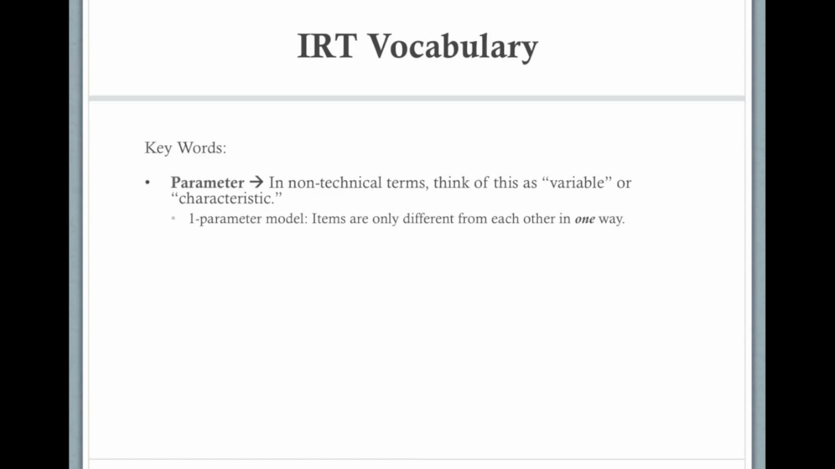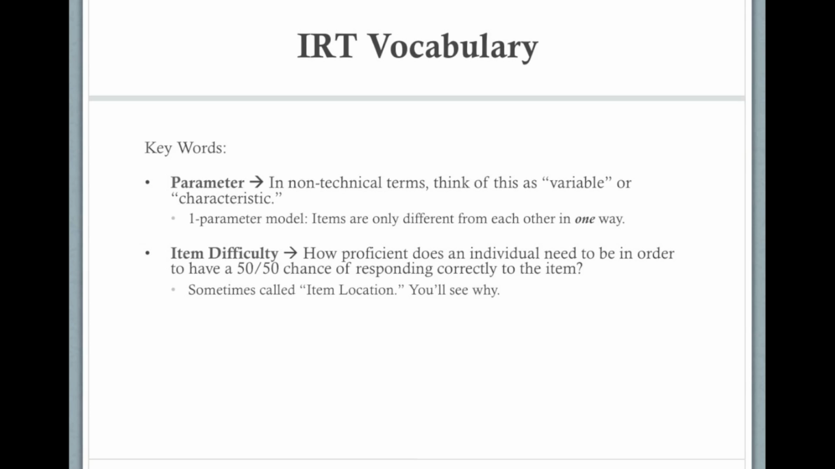Alright, item response theory vocabulary. Keyword number 1, parameter. In non-technical terms, think of this as variable or characteristic. In a one-parameter model, items are only different from each other in one way. The next keyword speaks to a way that items will be different from one another. Item difficulty. How proficient does an individual need to be in order to have a 50-50 chance of responding correctly